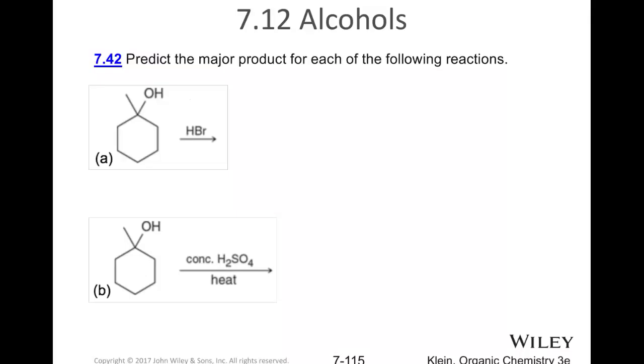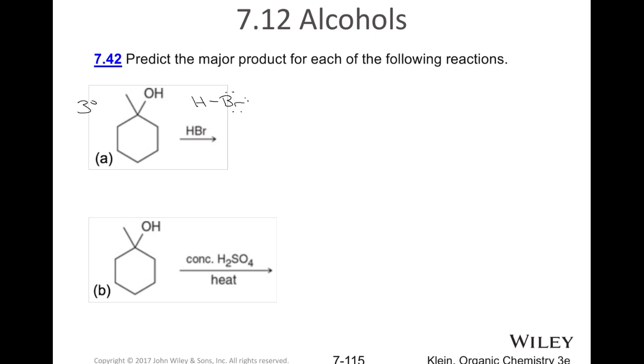Question 7.42 says predict the major product of each of the following reactions. So in question A, we have a tertiary alcohol, and we're treating that with HBr, which is a strong acid. And when we treat a tertiary alcohol with HBr, what happens is that we can get a substitution via an